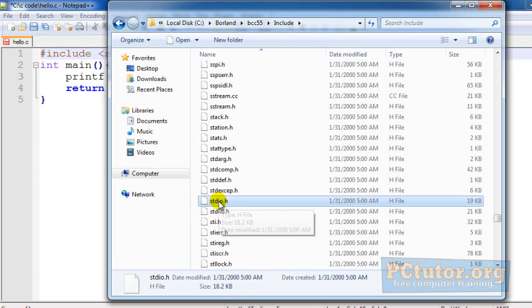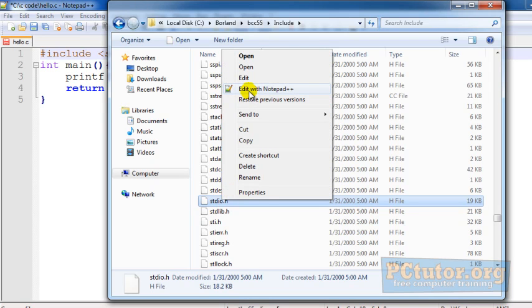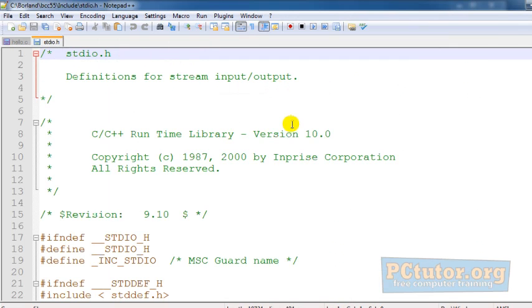This particular header file controls the basic standard input and output operations in C. Now if you right click on this file and open it in Notepad++, edit with Notepad++,